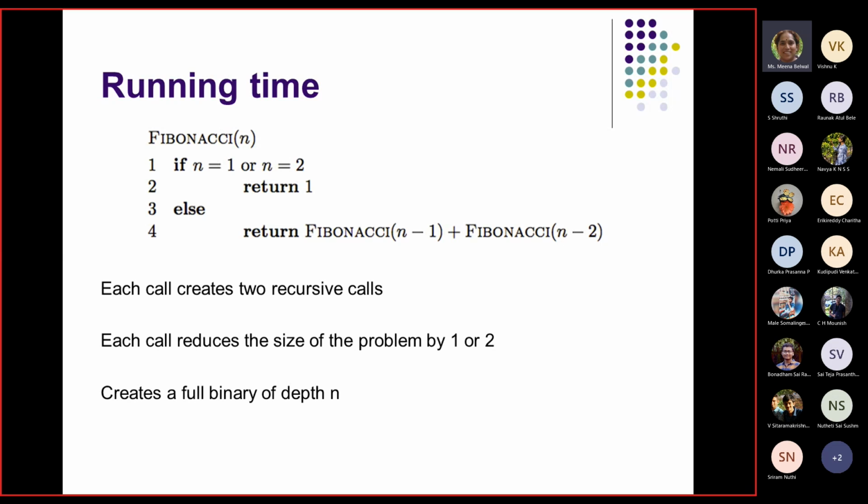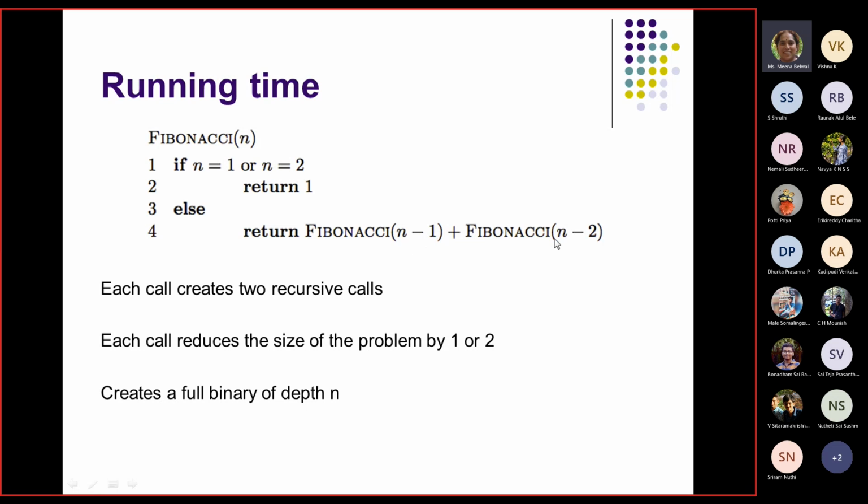For finding out the running time, basically what is happening here? Each call creates two recursive calls. You wanted to find out Fibonacci n, so you called recursively Fibonacci n minus 1 and Fibonacci n minus 2. Each call reduces the size of the problem by 1 or 2. So you started with Fibonacci n, then you called Fibonacci n minus 1, the size of the problem reduced by 1.